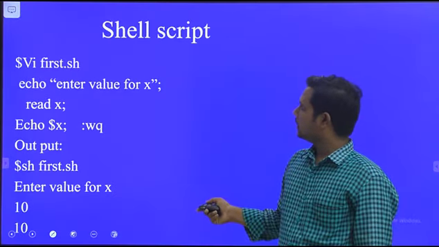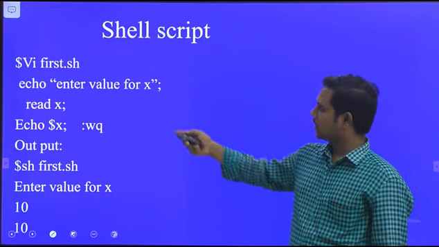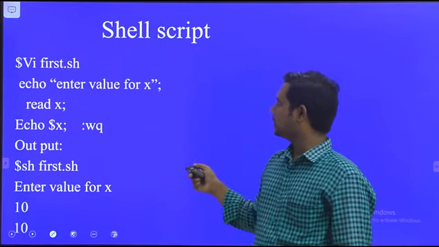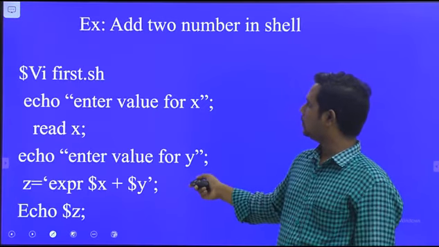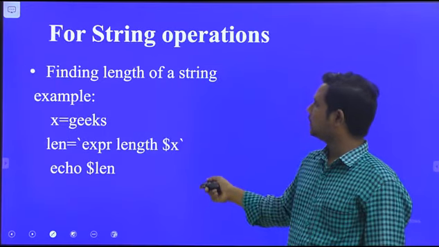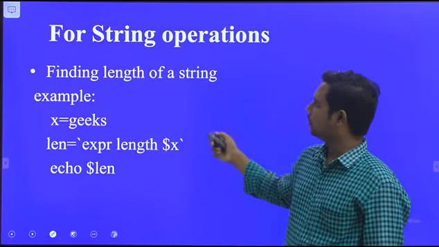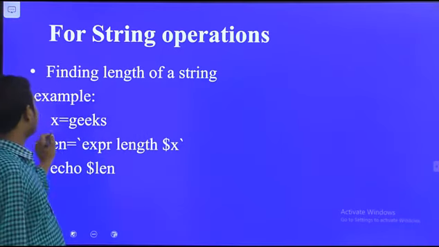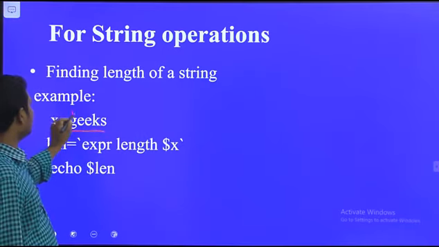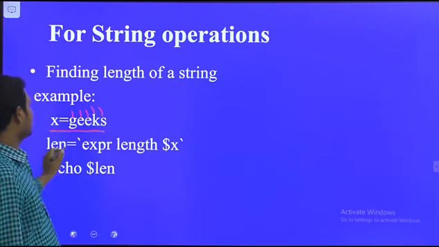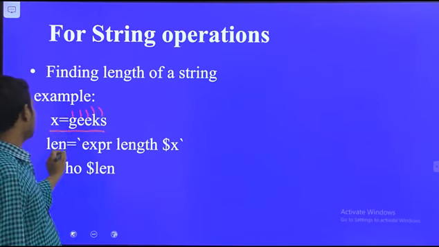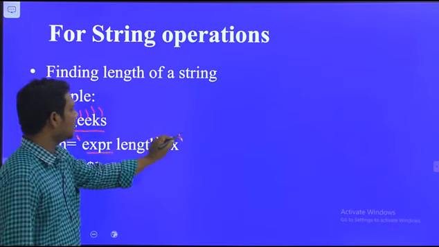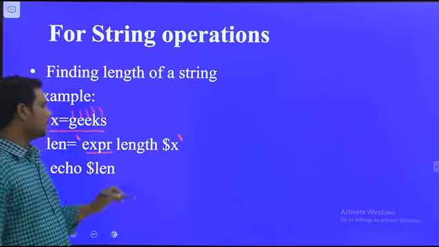Next, coming to small shell script programs. Here it is a small program; I already explained variables. These are programs like adding two numbers. Here is how to get the string length. x is equal to Greeks, how many letters? 1, 2, 3, 4, 5 characters. So length is equal to expr, and here we write the expression in single quotes, otherwise we will not get the output.